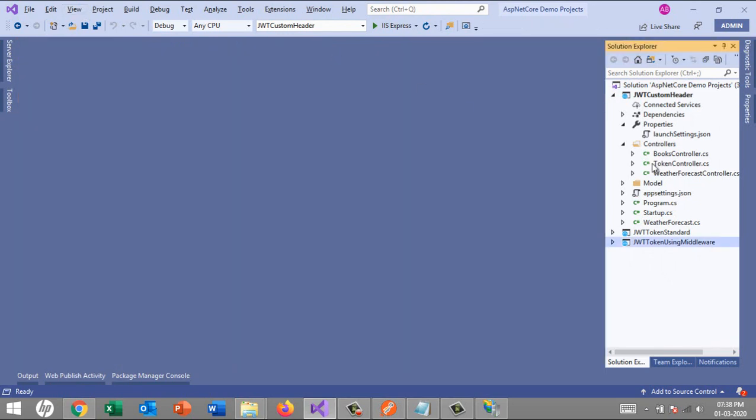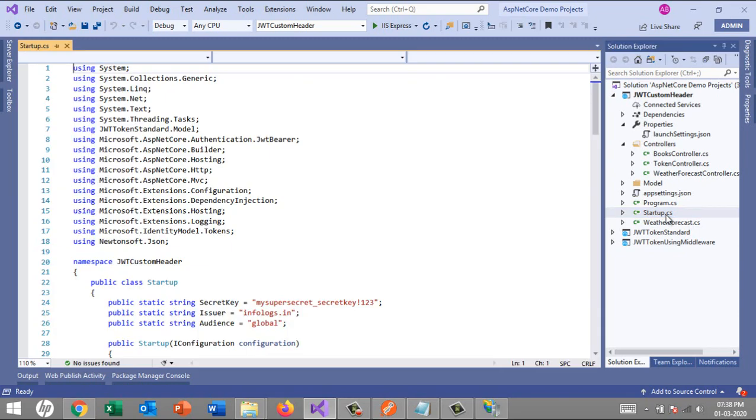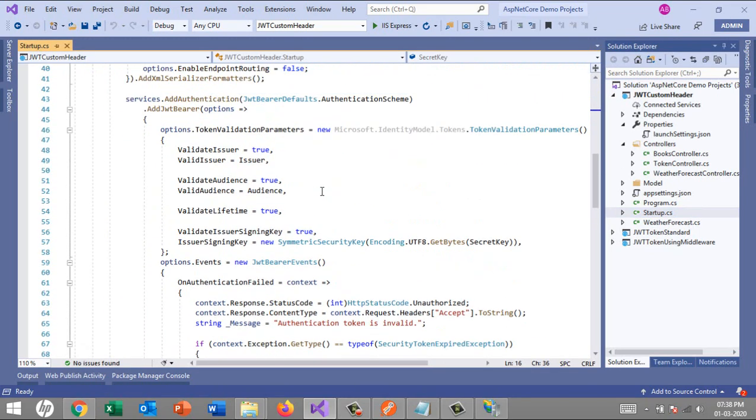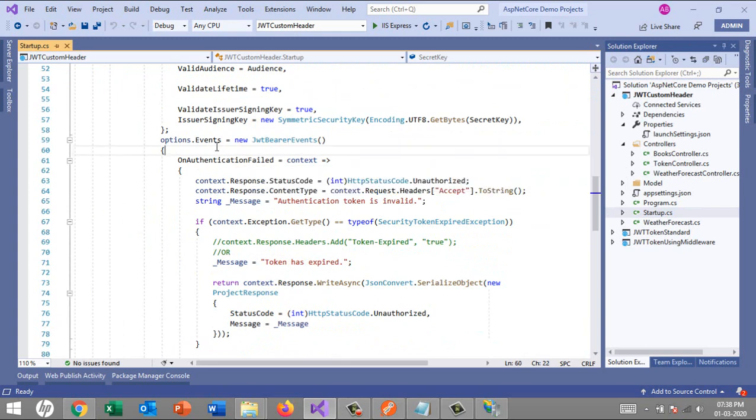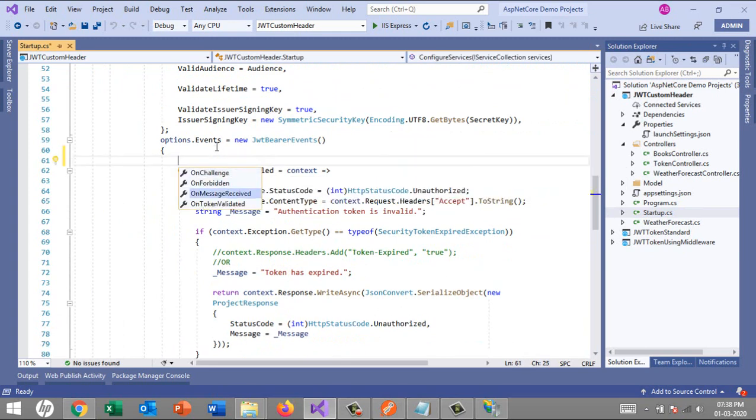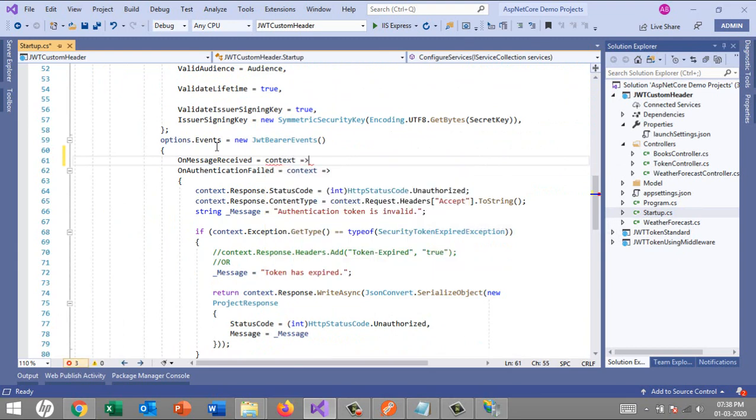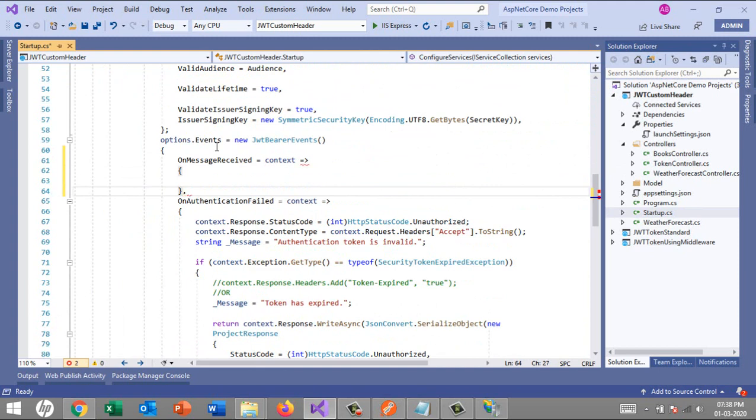So here in the startup.configuration, in the configuration method, you have to enable one event, that is on message received. Okay, so this is the event context. Here, whenever anyone hits a request on the server, first of all this